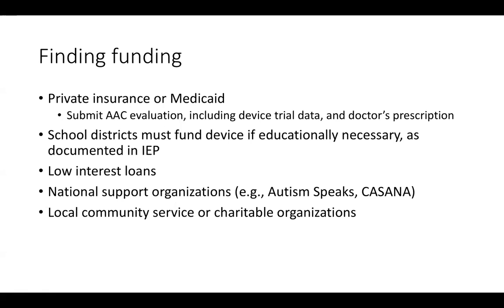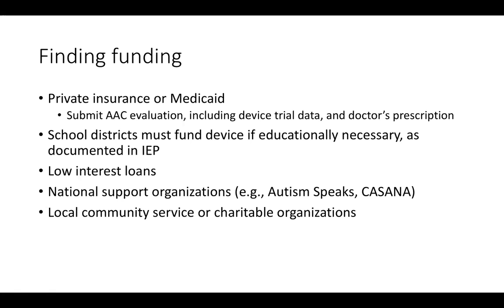The second avenue of funding for some children could be the school district. So if in the IEP it's written that a child needs a specific device and software in order to meet their educational needs, then the school district by law really should provide funding for that device. In practice, it does not always work this way. In my own experience, most districts do not want to write specific technology into the IEP for this reason, because then they know that they would have to pay for those things. So they tend to keep it more general. But I oftentimes tell families that the first thing you should do is to ask your school district, because it's possible you could get something funded through the district.